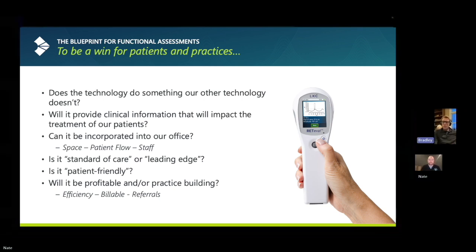From a flow standpoint, we have it performed in the room, right? A lot of us have space concerns because we have OCTs, we have visual fields, we have fundus photography, and all of that takes up a larger footprint than this does. And just so we don't have another reason why technician A is waiting on the visual field room, because we also do ERGs in there,